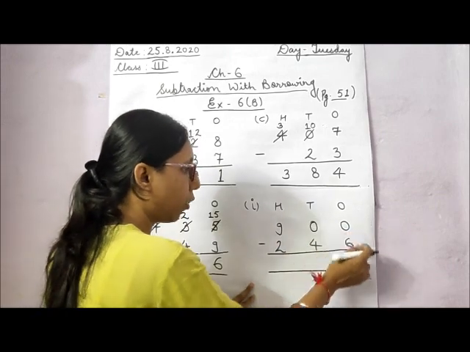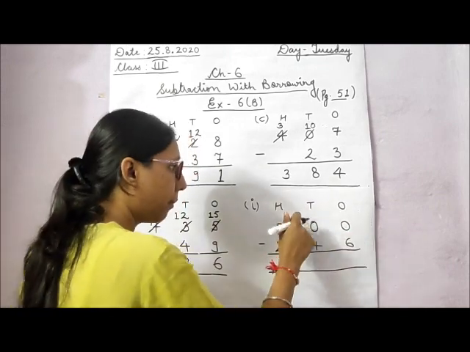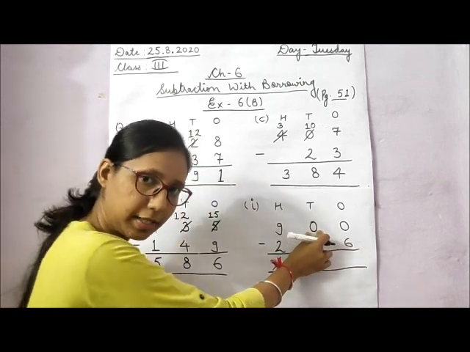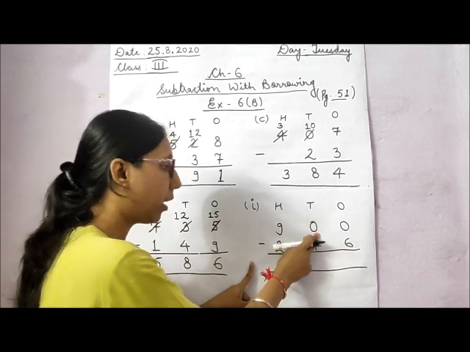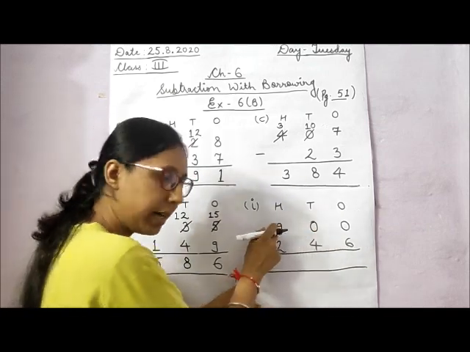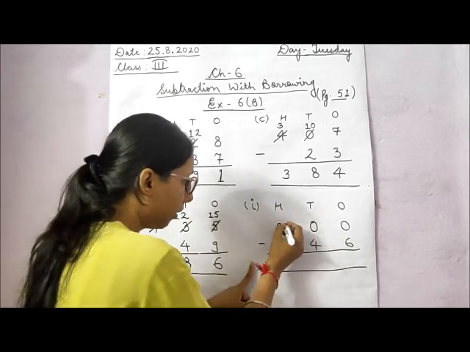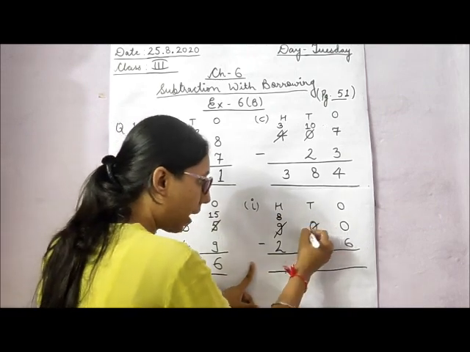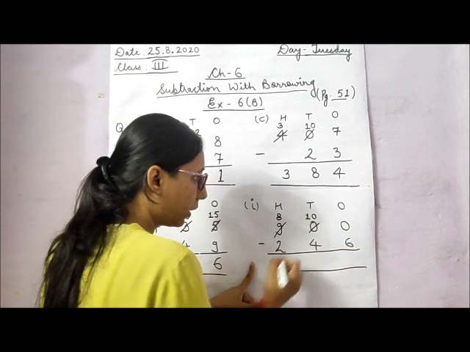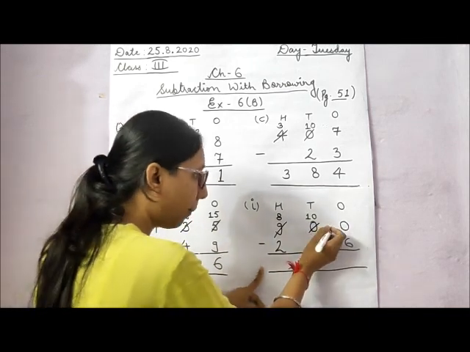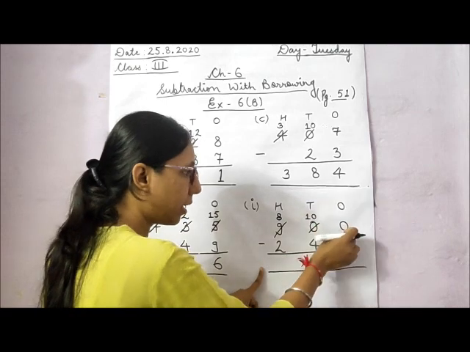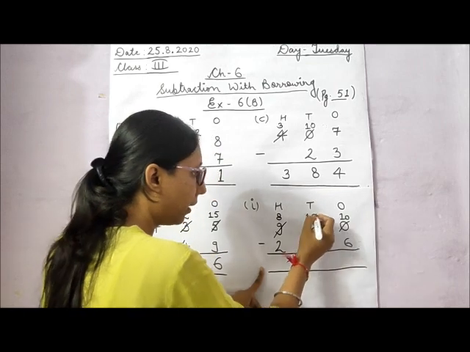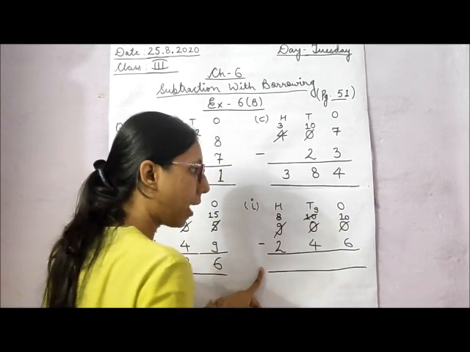Now see, so 0 minus 6 is not possible. और हम कहाँ से लेते हैं? borrow tens की place से, but tens की place में भी क्या है? Already 0 है, so हमें इसको भी borrow देना पड़ेगा. So अब हम क्या करेंगे? इस hundreds की place से borrow लेंगे. So यहाँ 9 है, 9 बन जाएगा 8. This 0 will become 10, right? और अब क्या करेंगे? अब हम इस 10 से इस 0 को borrow देंगे, right? So यहाँ हो जाएगा 10, but this 10 will become 9.